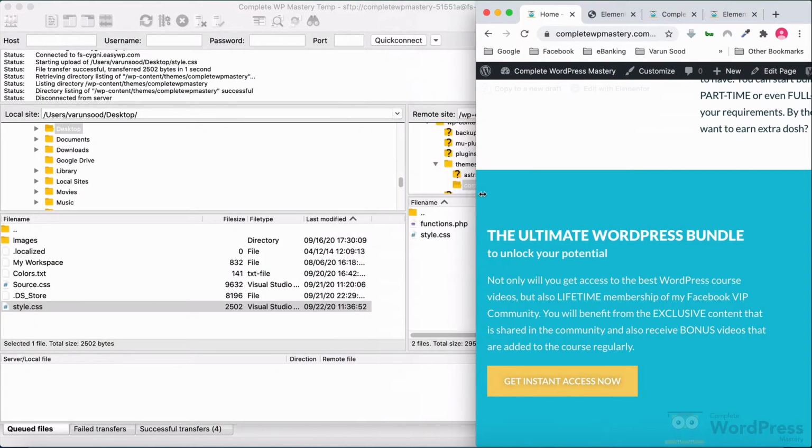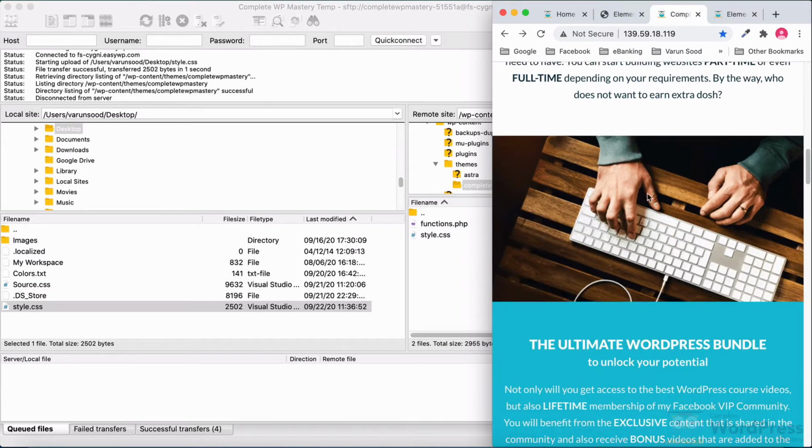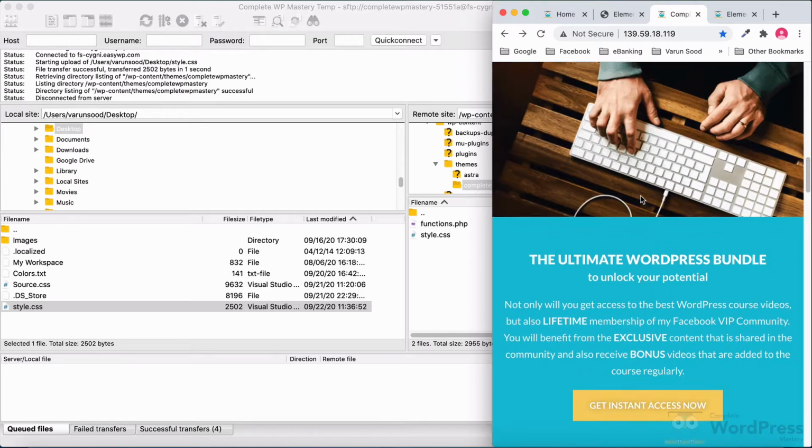So this section is complete. We now need to work on this section that is visible only in the tablet and mobile view.